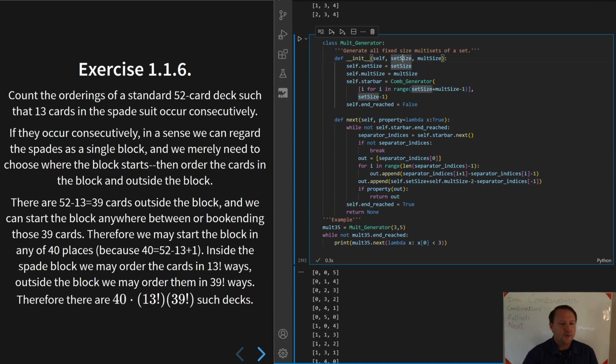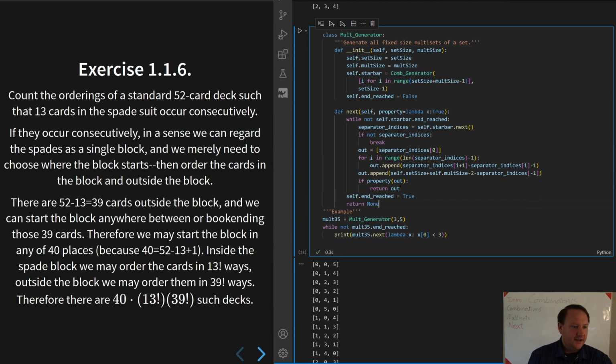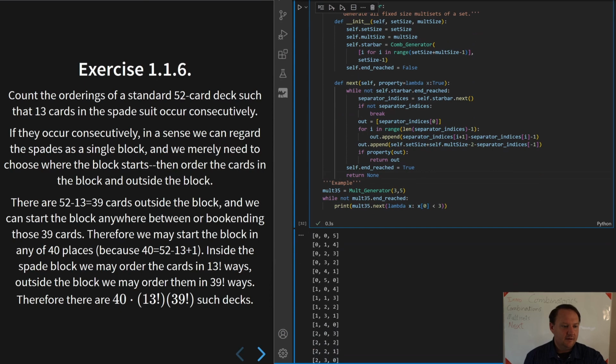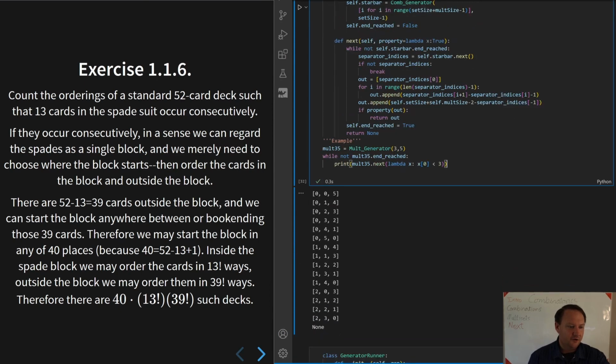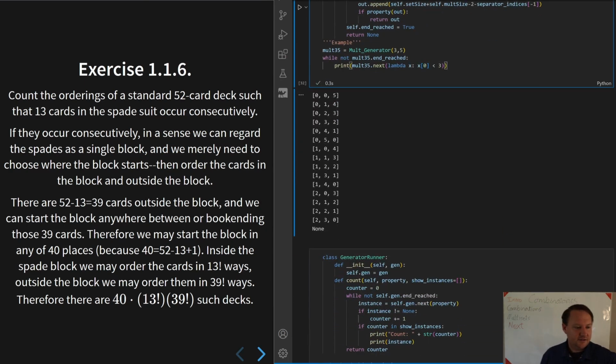So we check that multiset for the desired property. If it has the property, we return it. If we've made it this whole way and did not return anything, that means that this thing eventually failed, and so we've reached the end, and so we set end reached to true and return none. I guess I could define a reset method, but I didn't feel the need, so whatever. Anyway, there is a description of how I generate all my multisets. And so in the next